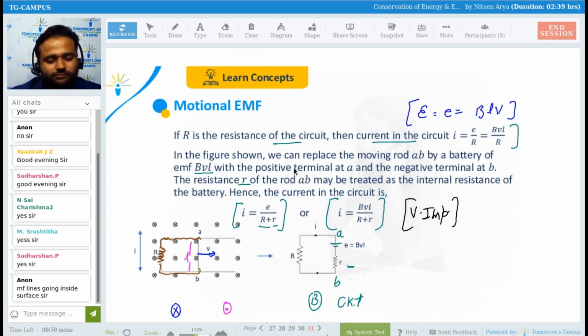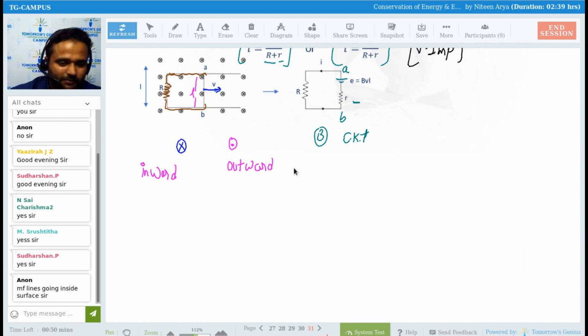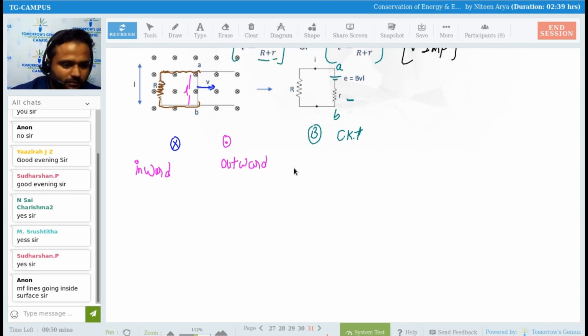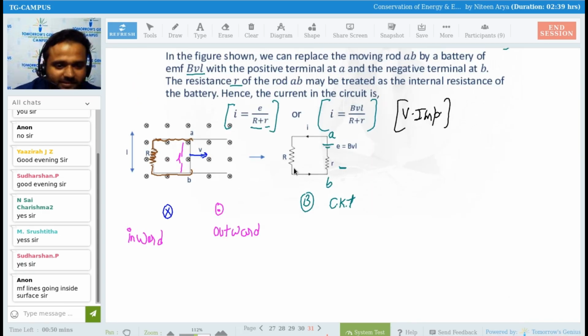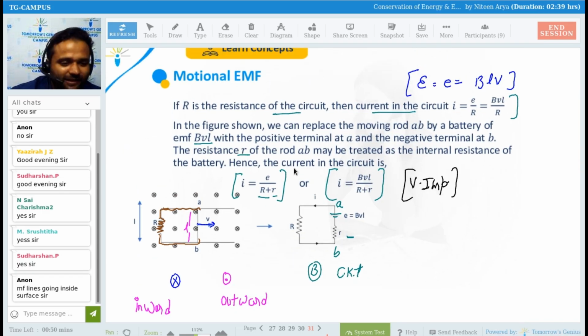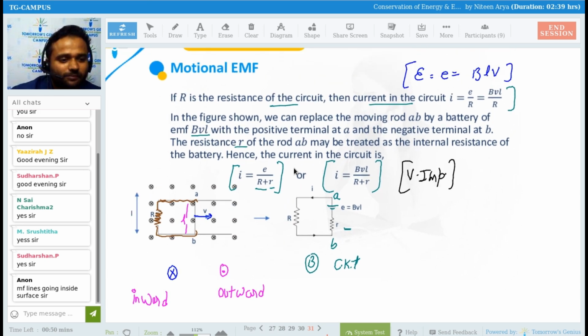Back to business. This is one of the kinds of EMF. Maybe, sir, it is not related to you. Oh, Pariksha sir, you are asking about the topic. Sorry, I thought you wanted to know about this mole.